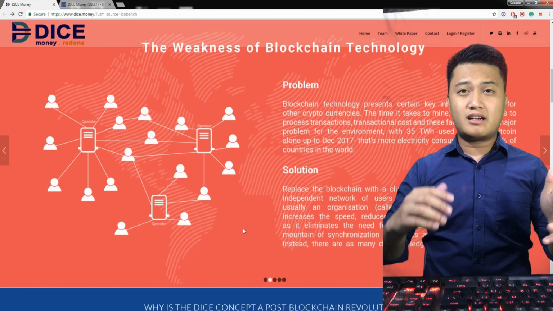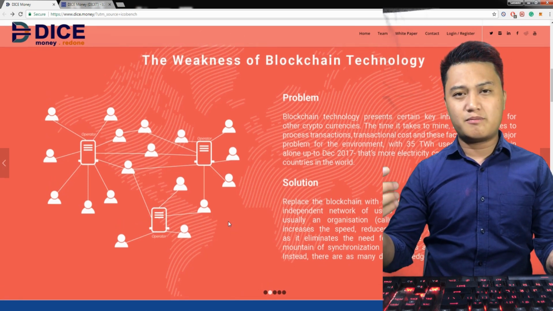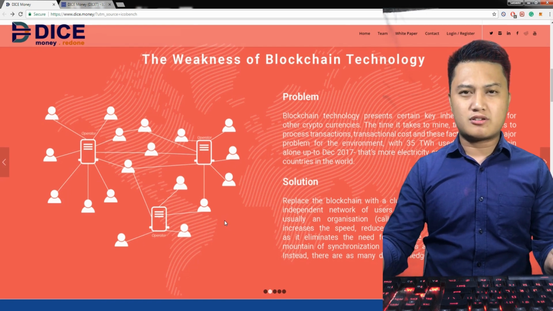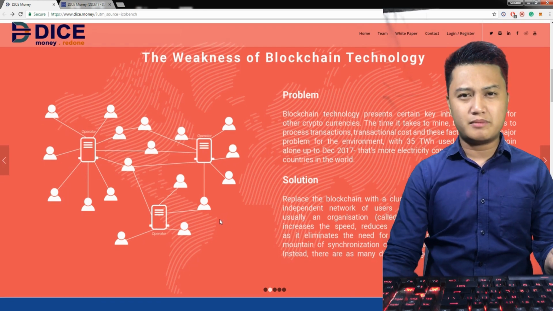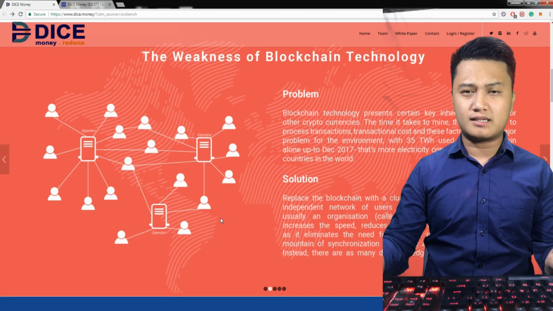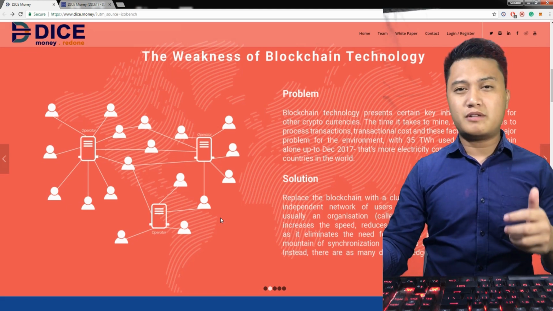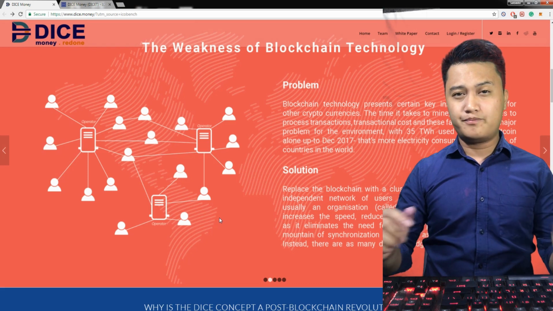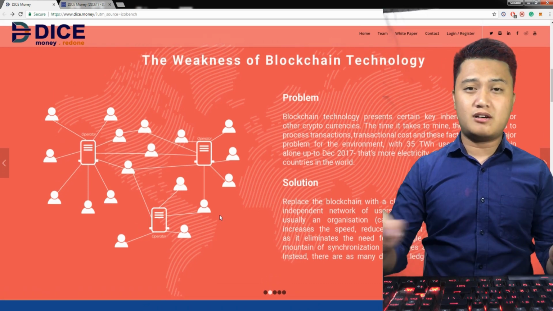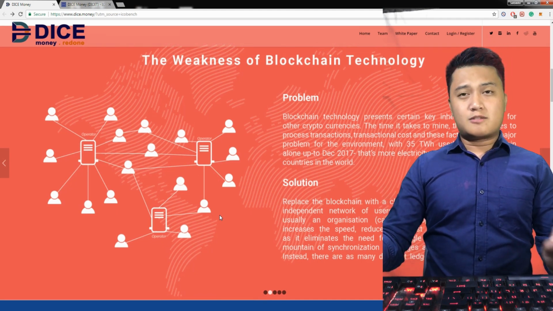So there are many operators. When Dice Money launches their platform, there will be many operators or companies associated inside the Dice Money platform, and the miners can choose as many operators as they want, because the work of the miners is to solve the transaction problems of the users of certain operators. So that is for the product, guys.